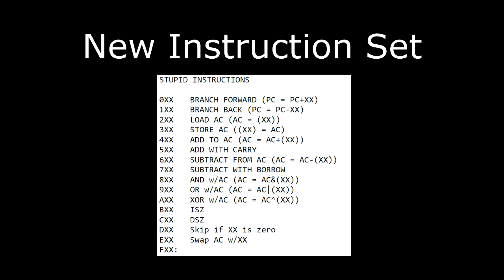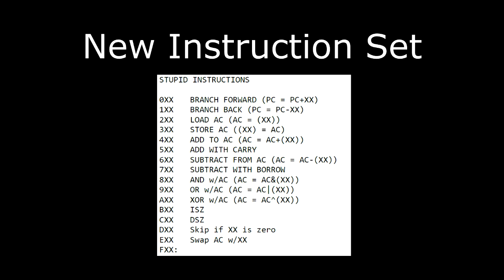Okay, we get down to opcodes D and E, and I was kind of running out of ideas here, so I said, skip if memory location is 0, that may be a useful thing, and swap accumulator with a memory location. So what's missing? What got thrown away? Well,